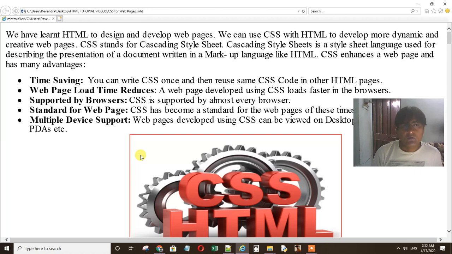It is supported by almost all the browsers these days, and it is a de facto standard. Normally each and every web page is using CSS these days, and a web page developed using CSS can be displayed on different kinds of devices like laptops, desktops, tablets, mobiles, PDAs.